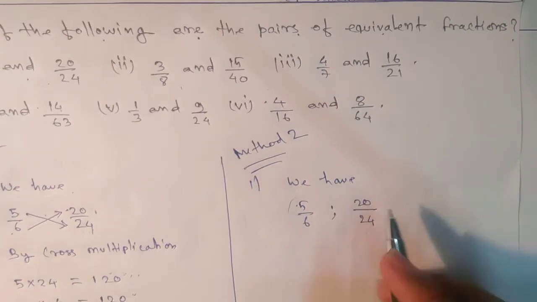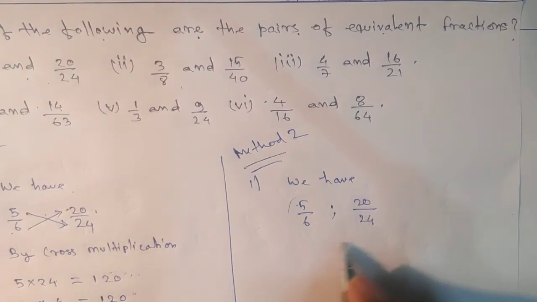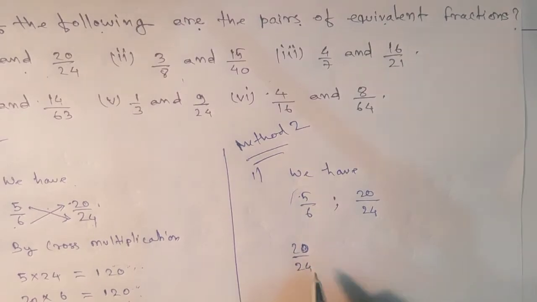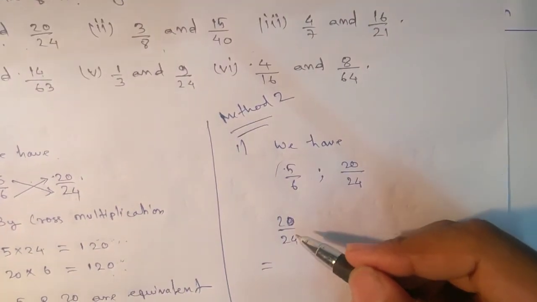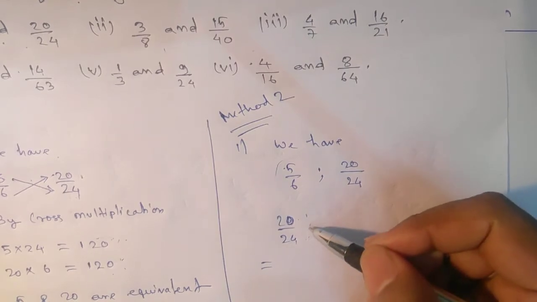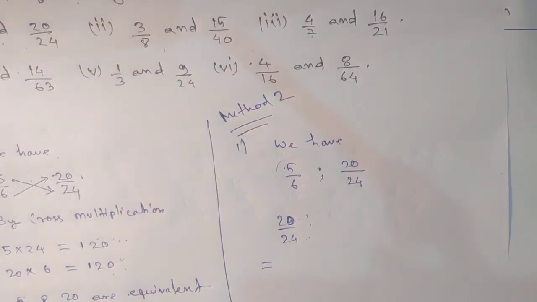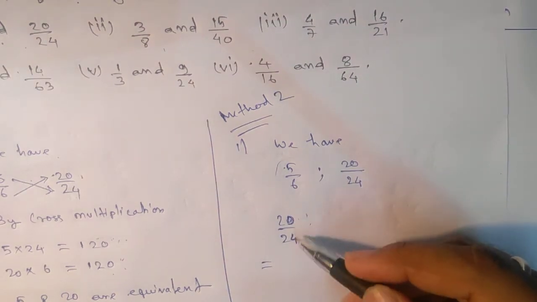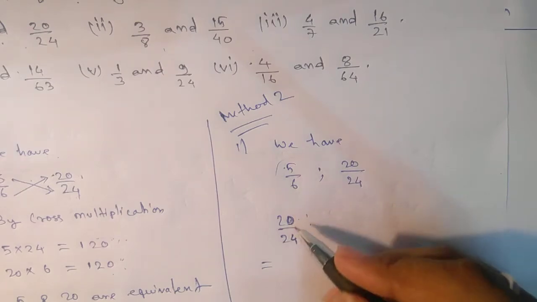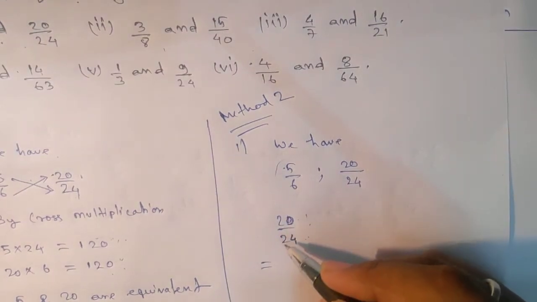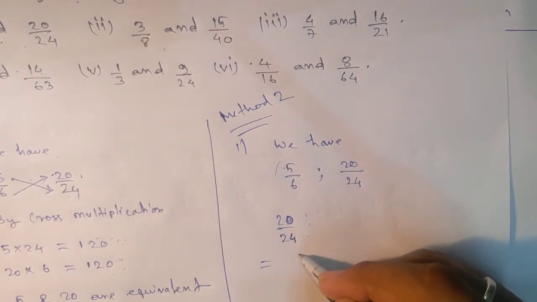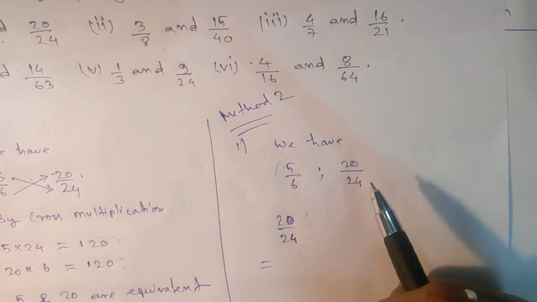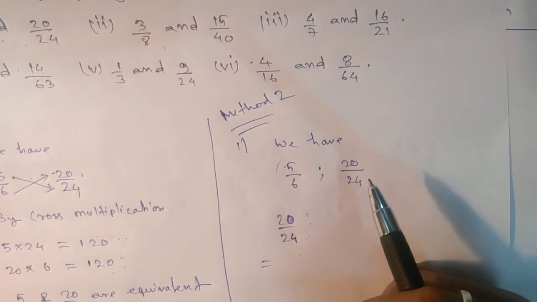So how are you going to make this one in its simplest form? Okay, let's learn. 20 by 24, take the number which divides these two. Remember, the same number should be there, a common number. Is there any number? Guess, any number? Yes, 2. 2 can cancel this one, 2 tens, 2 twelves. Or any number bigger than 2? First you try to take the bigger number. If you could not take the bigger number, go with the smaller number.